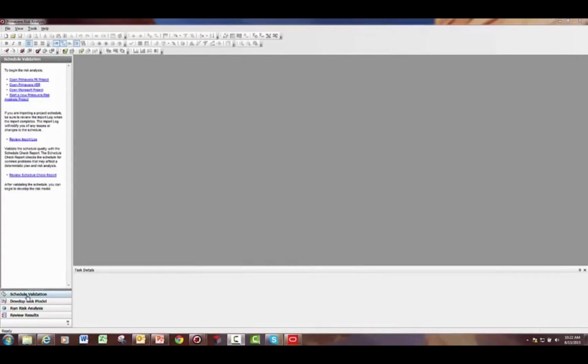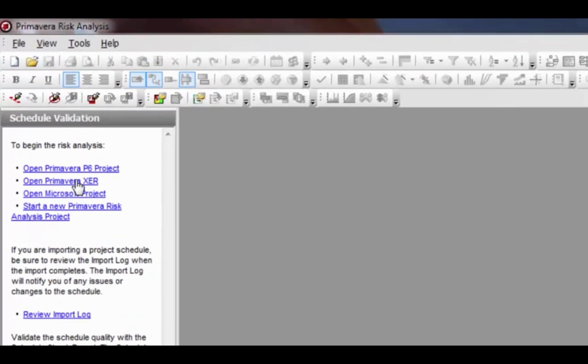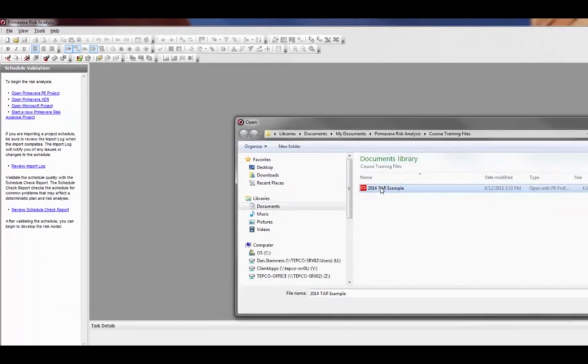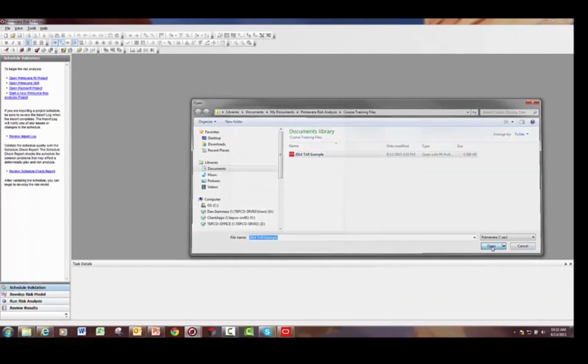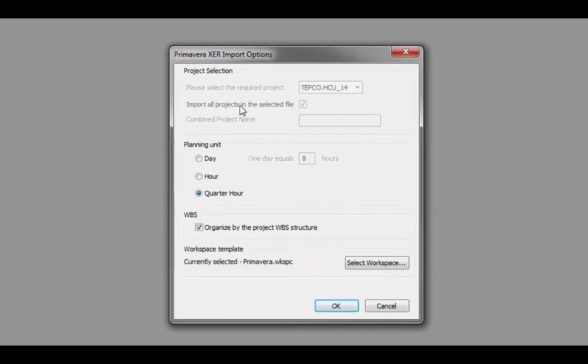I do this by ensuring I select the Schedule Validation button here, and then up at the top here, there is an Open Primavera XER link, so go ahead and click that, and there's the file that I saved out on my C drive. During the import, it's going to ask me a few questions, and I need to make